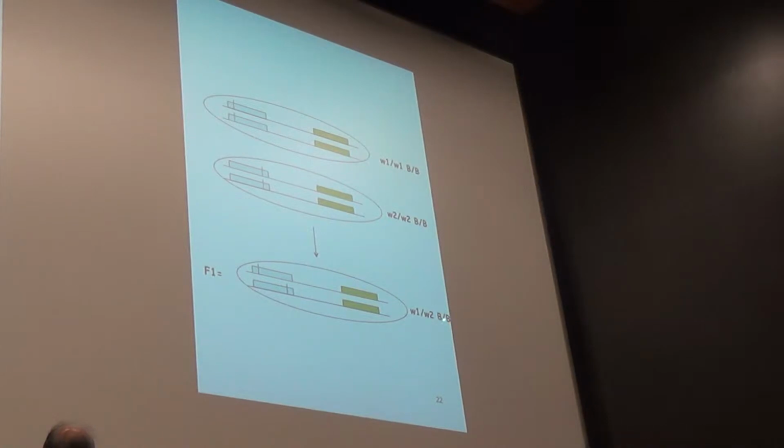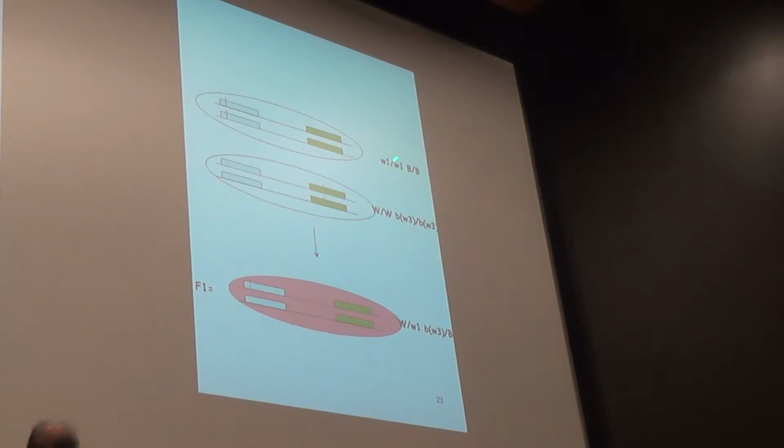W1, W2, big B, big B. Right? And this fly will still be white eyes. The reason, because this gene here is still mutated. Both copies are mutated. And so you will stay white eyes. On the other hand,